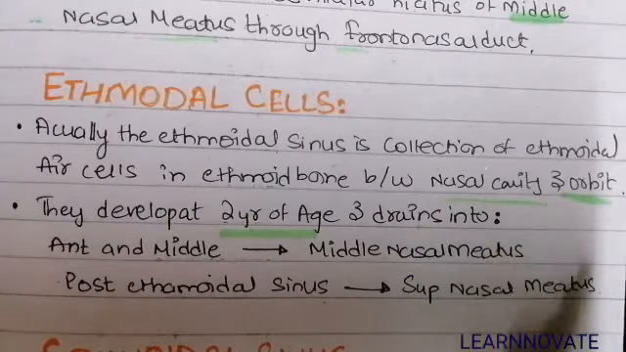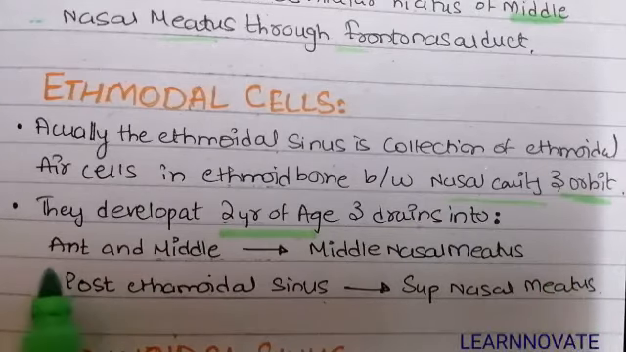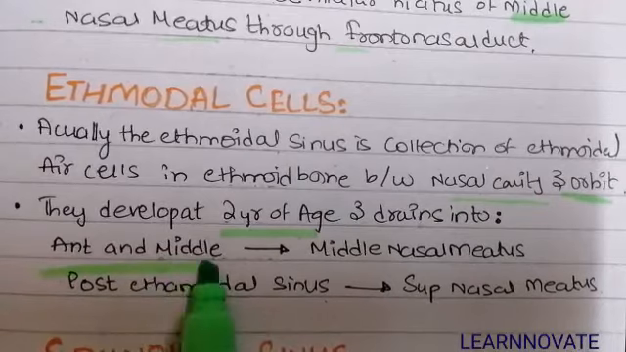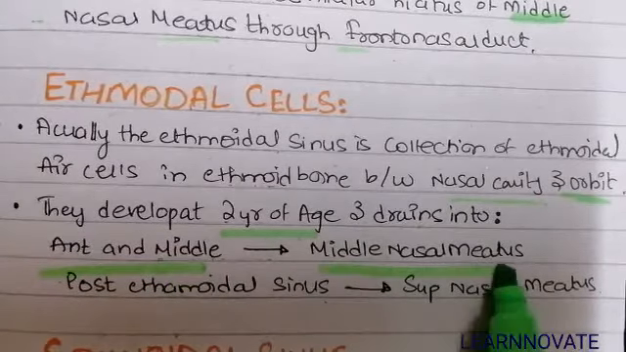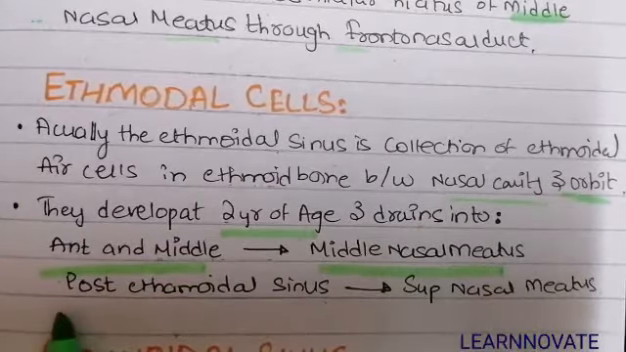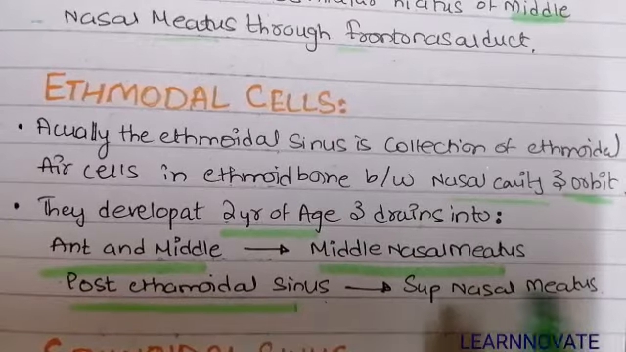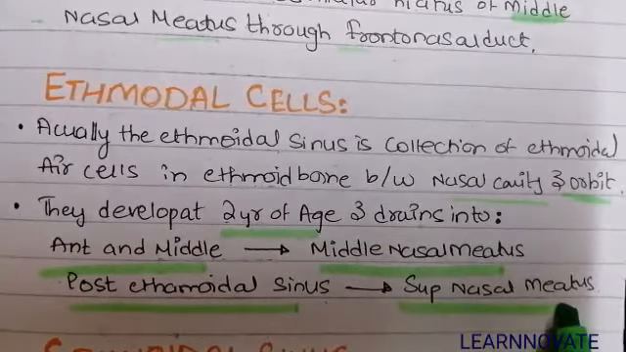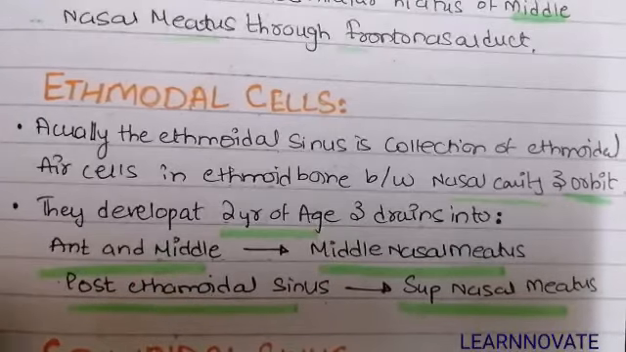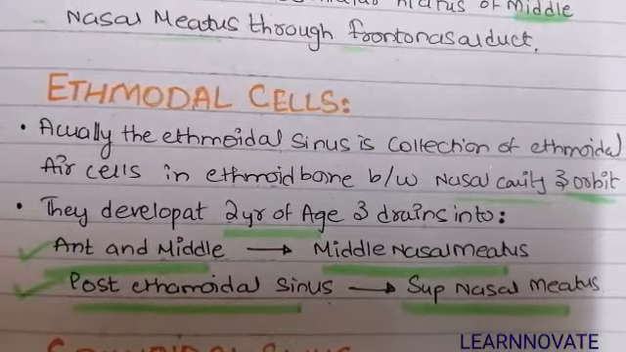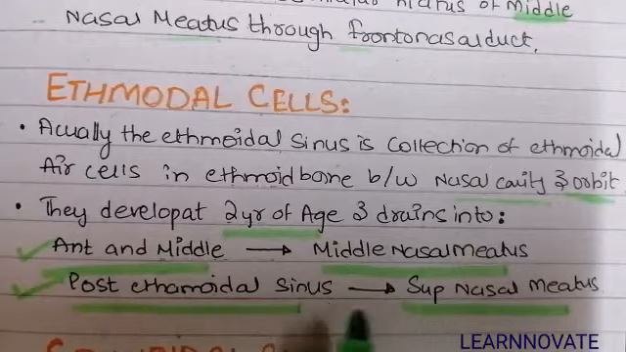It may drain into the middle nasal meatus, or it may drain into the superior nasal meatus. So the anterior and the middle ethmoidal sinus will drain into the middle nasal meatus, while the posterior ethmoidal sinus will drain into the superior nasal meatus. So these are the 2 points you have to remember very keenly, because this was very much asked in the